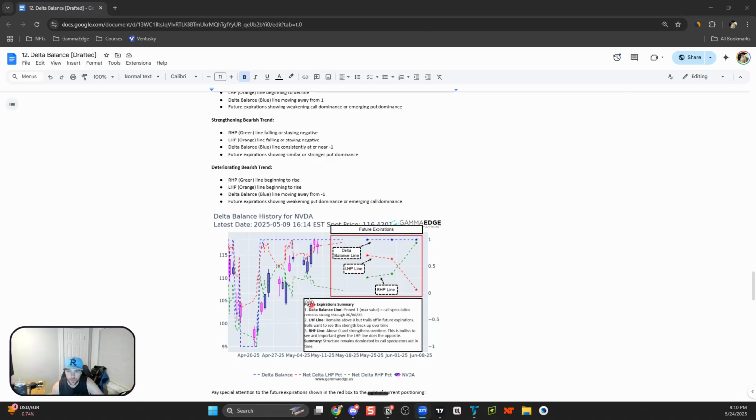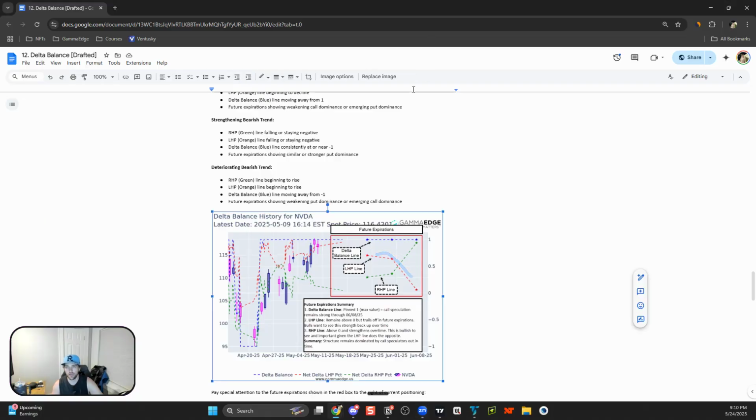So again, going through the specific example here, we can see out in time, this is for NVIDIA on 5/9/2025, just for a reference point. The blue line, which is our net of the two, is pinned at 1 currently and in the future, which again is a bullish reading. We have the left-hand plane line, which is above zero out in time, but it is weakening a little bit. However, to counteract that, we have the right-hand plane line, the green line, which is trending higher out in time, which is constructive to see. Both of these are above zero. Right-hand plane is strengthening towards 1, and then this is pinned at 1. So net, the structure does remain dominant